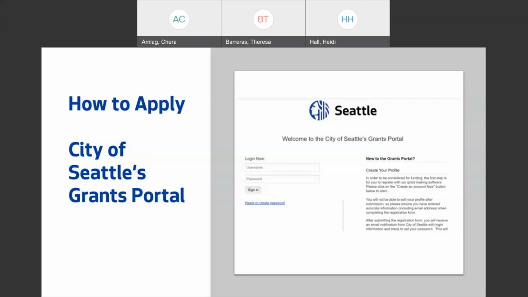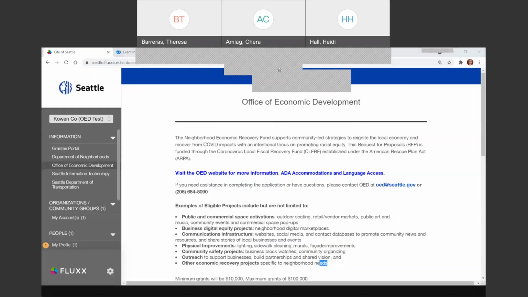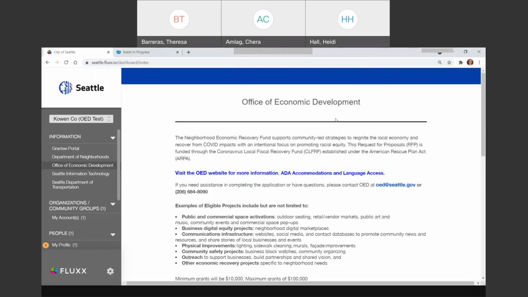This is the login screen that you're seeing on the presentation. I will now share my screen so that you can see the portal live. Hopefully you can see that okay. I know there are sometimes some gray boxes that show up, so hopefully that looks okay to you. This is what it looks like after you log in.